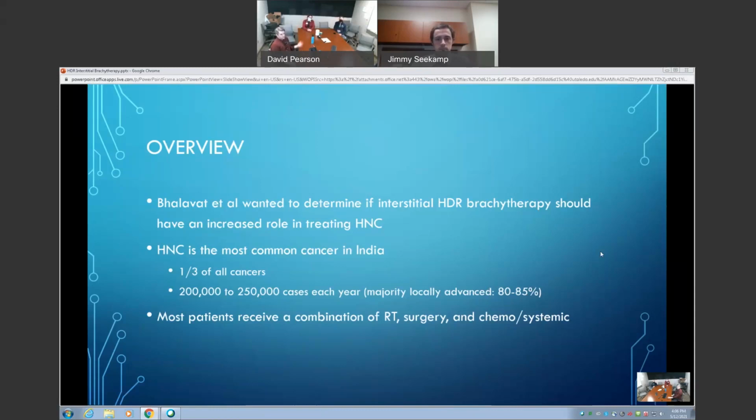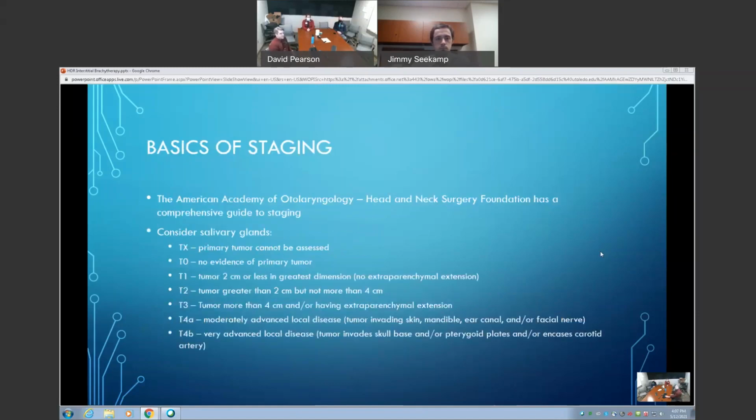Part of this could be, I was talking just with Dr. Pearson earlier, popularity of chewing tobacco type products in India or other things. Pollution is also a contributor. So these sorts of issues are what make it so common. And most patients receive a combination of radiotherapy, surgery, chemosystemic, depending on the workflow we go through of whether or not the patient is operable and if we need to do some sort of radical radiation treatment or some salvage treatment, et cetera. So getting into the basics of staging,